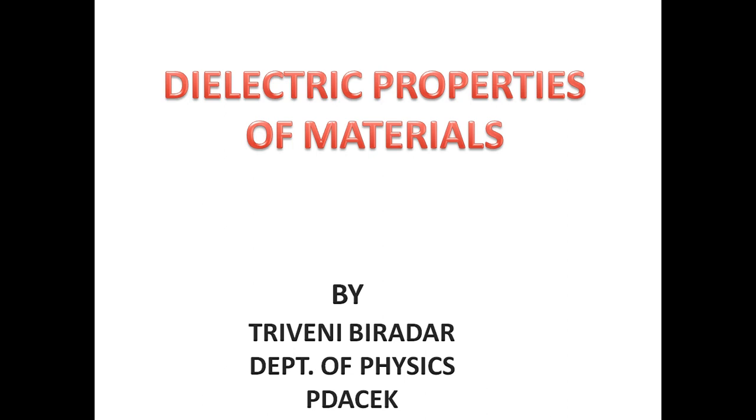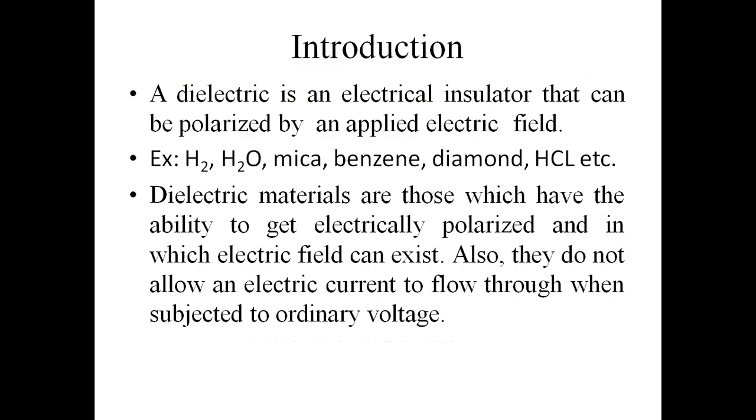Today we learn the concept of dielectric and polarization mechanism. Dielectric is normally called an insulator, and it can also be called a non-conducting material. You are familiar with insulators and non-conductors. In both materials electricity does not pass. Dielectrics are materials which do not allow electricity to flow in them but show the electric effect.